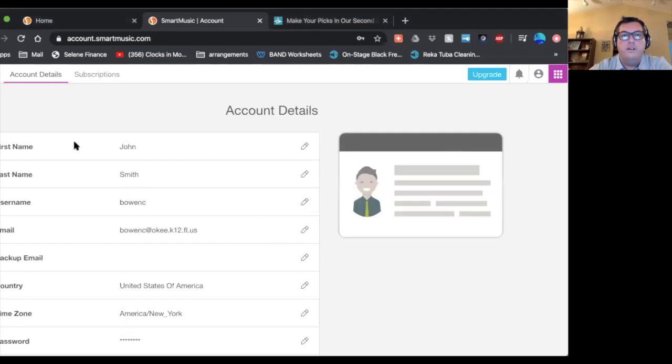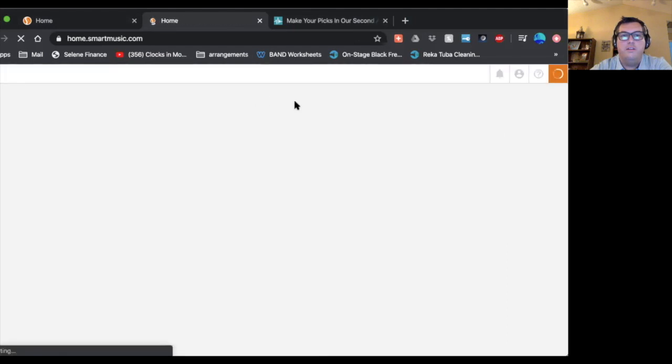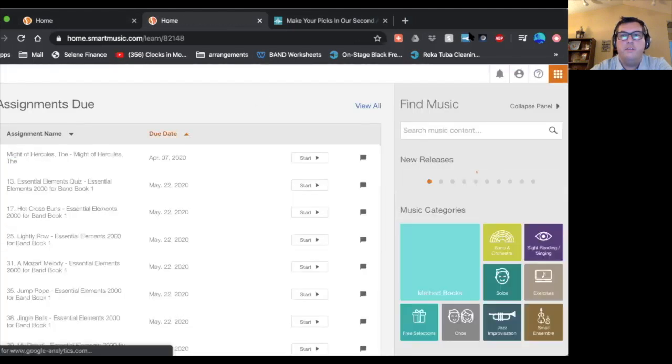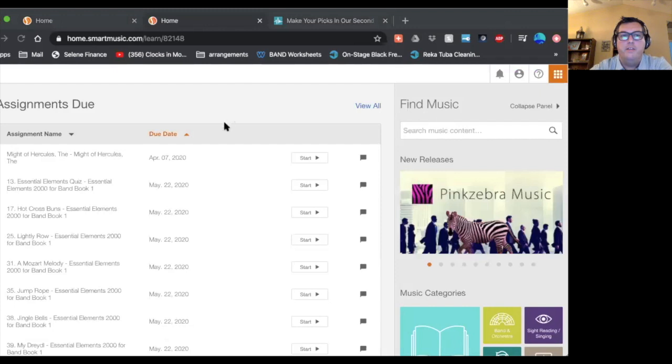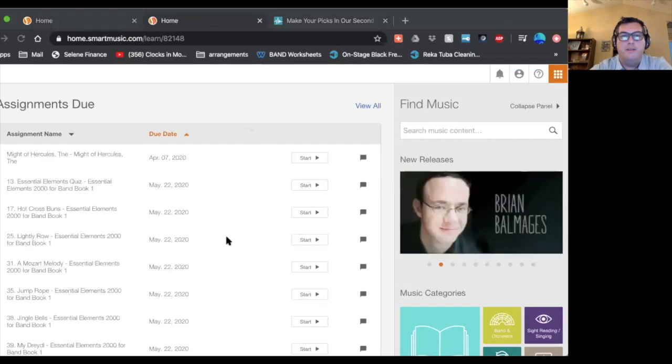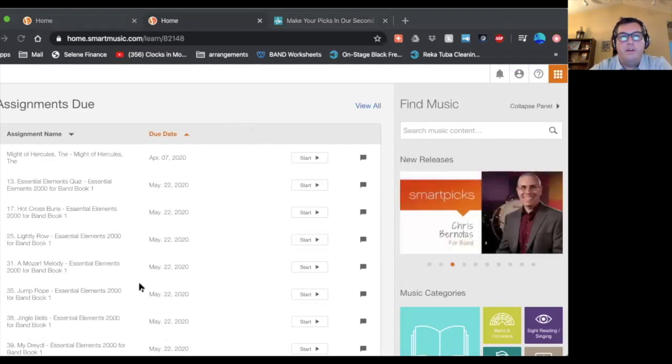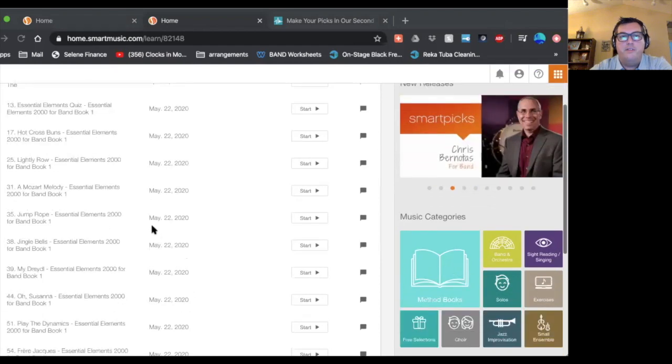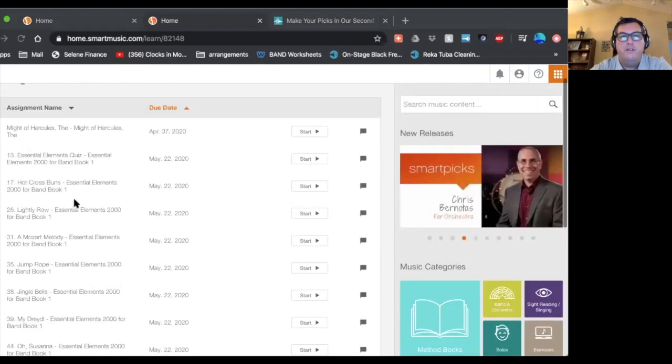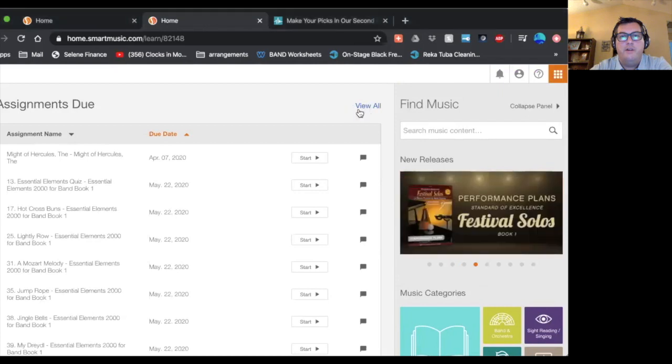So once you are in, you might see something like this. If you just go to the home button, you'll see all of the assignments and all the other fun stuff you could find here. So this is an example for beginning band. There's going to be a lot more in here for beginning band just because I have all of the band karate lines from 17. If we view all assignments,